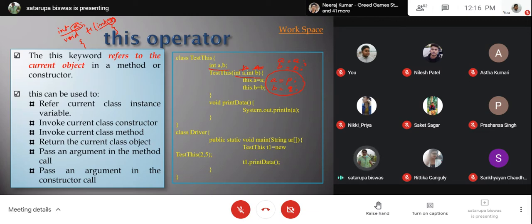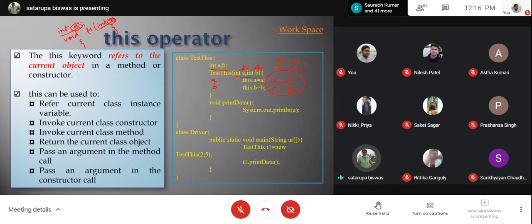If you write here int a and int b, so these two a and b are more local than the instance a and b. So if you directly refer to a or b inside this method, this a and b will refer to the local variables, the temporary ones you have taken the help of to take the values for this a and b.